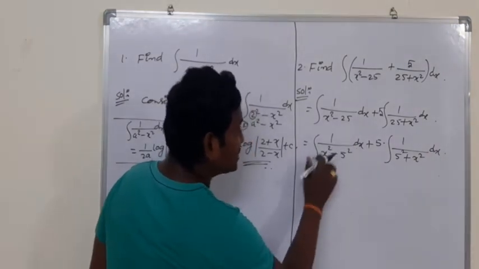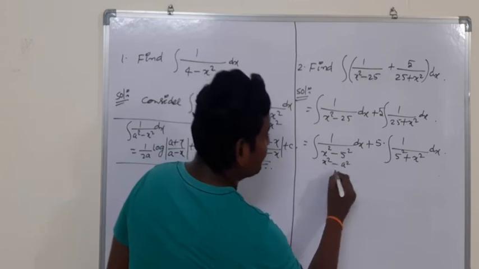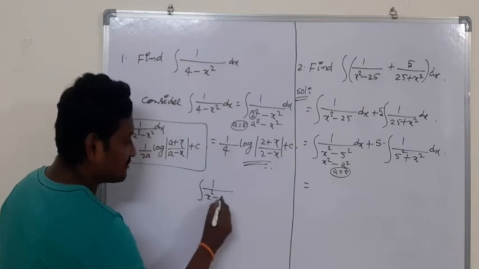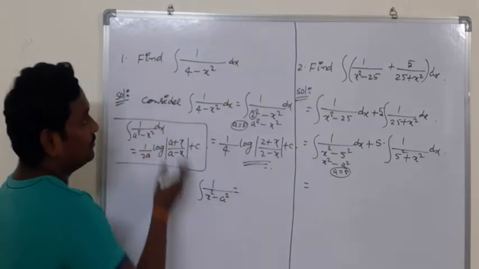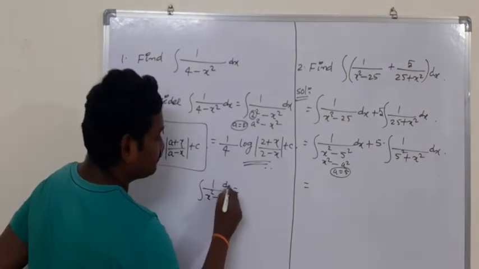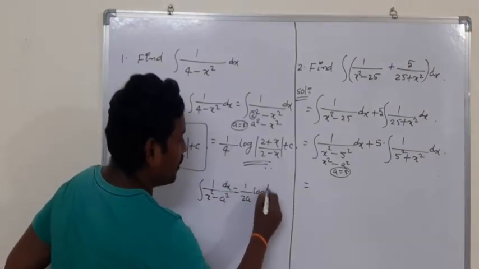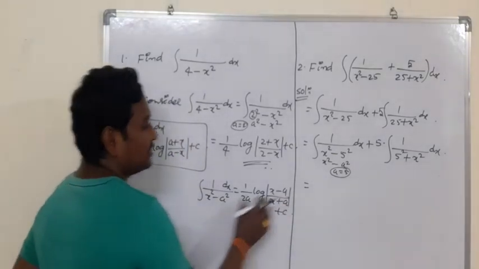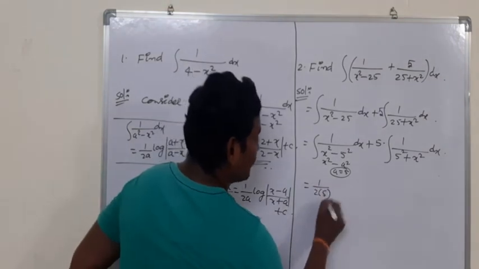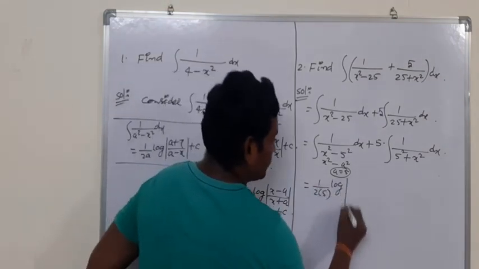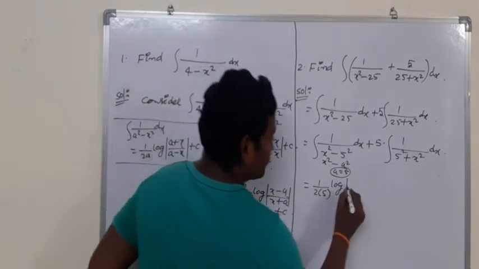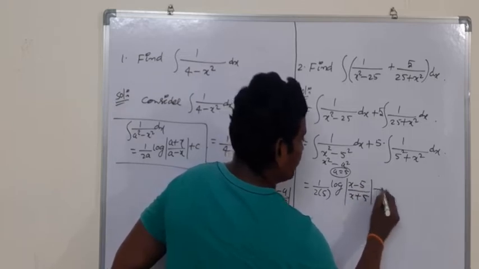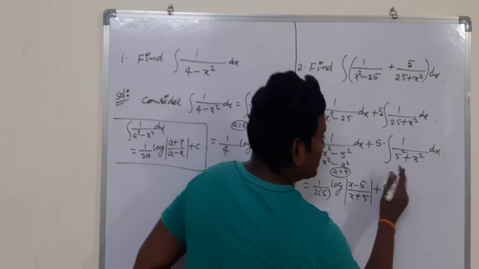Now try to understand the structure of the problem here. This is in the form of integration of 1 by x square minus a square. A is equal to 5 here. So what is the formula for integration of 1 by x square minus a square? Just previously we discussed this formula, which is 1 by 2a into log mod x minus a by x plus a plus c. According to this formula, this becomes 1 by 2 5s. 2 5s are 10. I will write in the next step log mod x minus a, where a is 5, so x minus 5 by x plus 5, plus 5 into